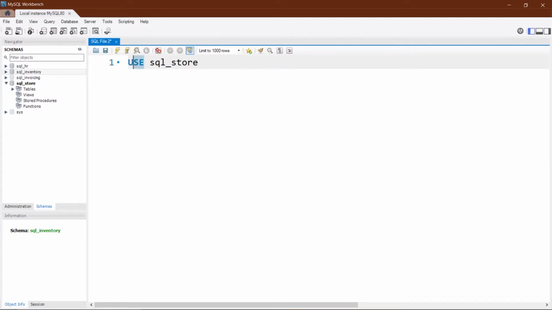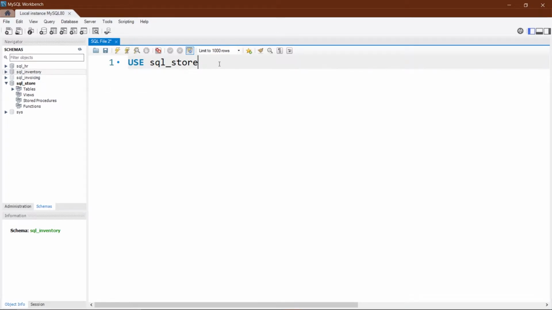But it's really up to you. You can use whatever method you want. But the recommended thing is to use capitals for SQL commands, and small letters for the regular code. Now again, if I press Control plus Shift plus Enter, it will select my SQL store here.